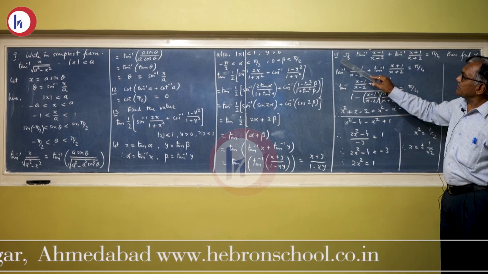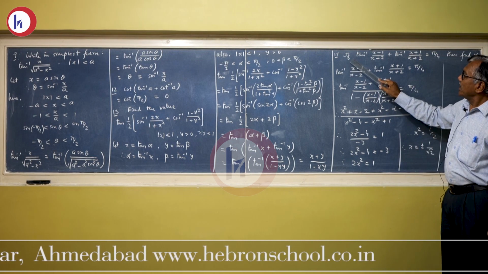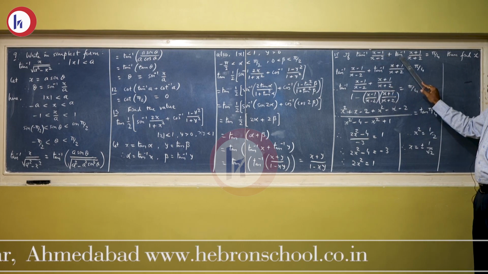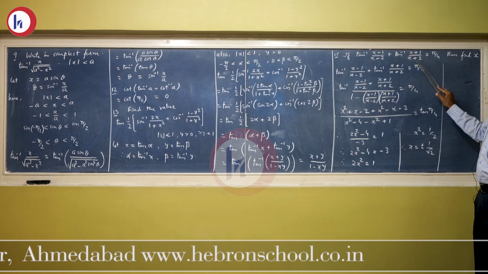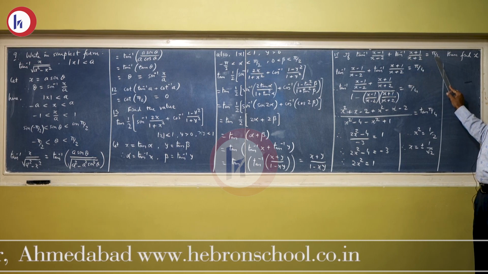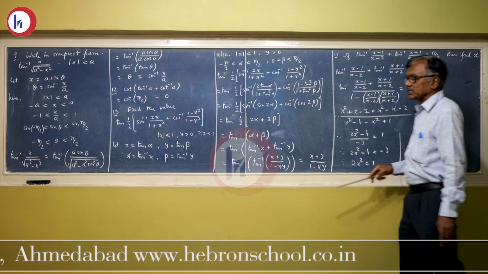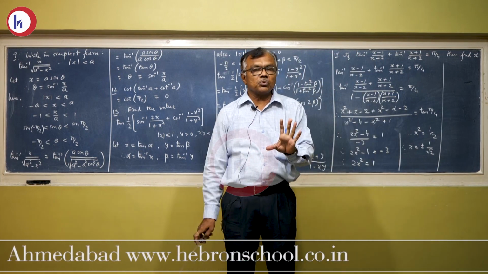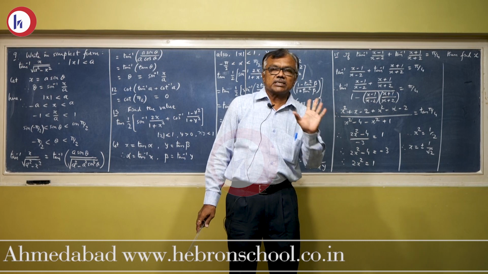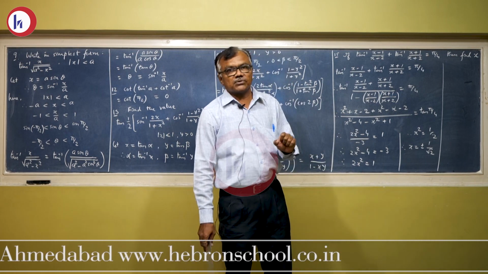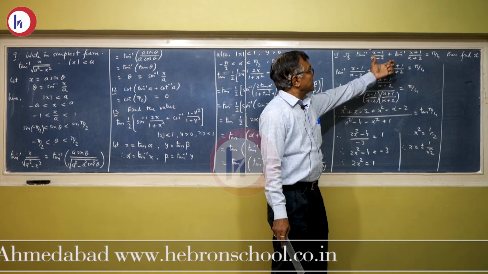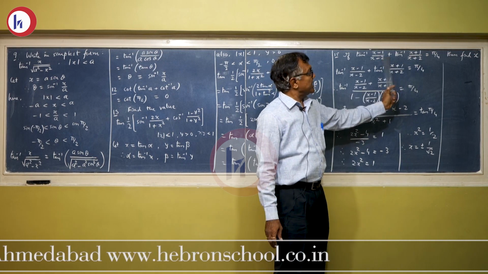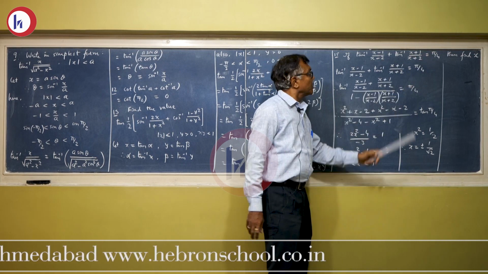Same exercise, let us see the 15th example. If tan inverse of x minus 1 upon x minus 2 plus tan inverse of x plus 1 upon x plus 2 equals pi by 4, then find the value of x. Now here we have to find out the value of x. So we are not going to prove that LHS equals RHS. Many students do it this way, but it's not right. Whenever an equation is given, you have to take LHS and RHS together.